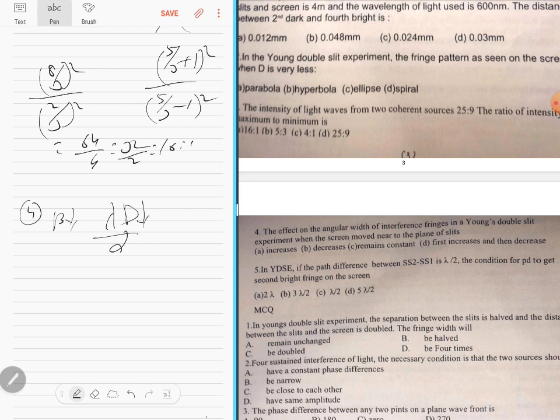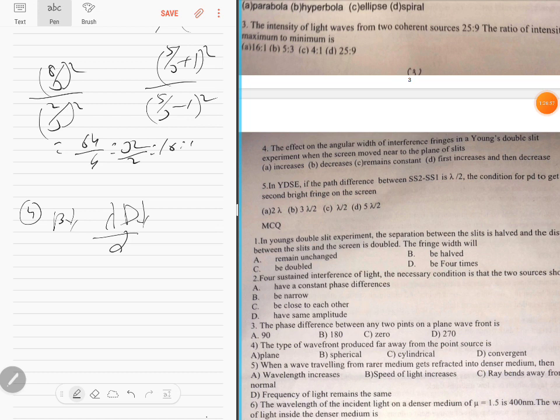Okay, the effect on the angular width of the interference fringes in Young's double slit experiment when the screen is moved near to the plane of the slit. Because it says angular width, the word angular width is the key here. They are not asking for fringe width. Fringe width and angular width are not the same. We learned something to do with theta 1, theta 2. Remember previously,